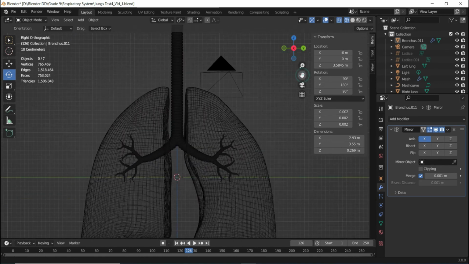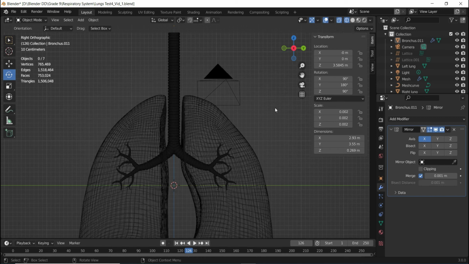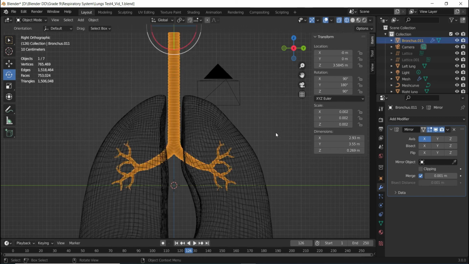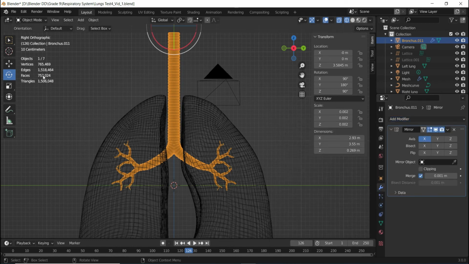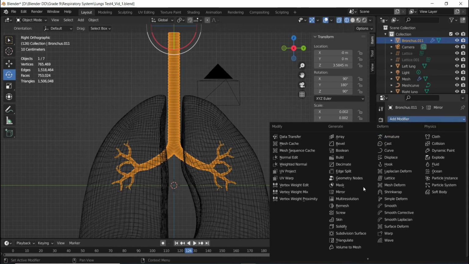So to avoid that, we can select a particular object, and onto that we can apply a modifier by which we can reduce the face count while keeping the shape intact. For which I am going to go here and look for this modifier called decimate.